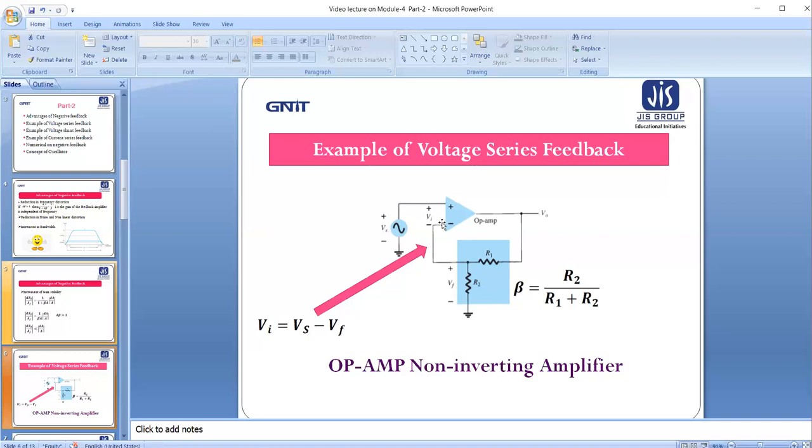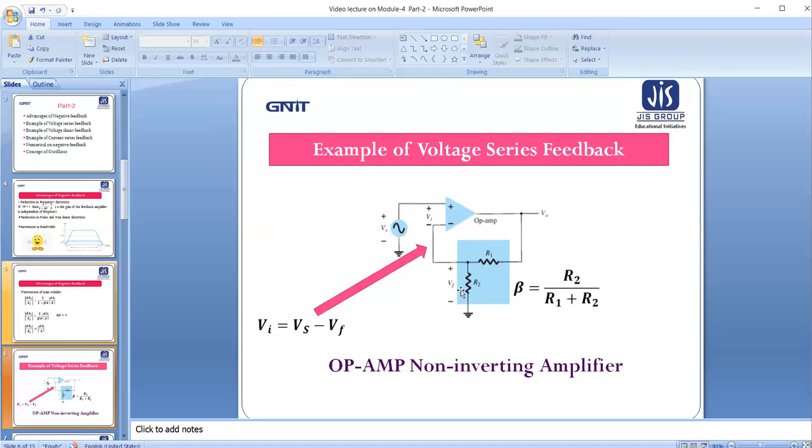the op-amp, whereas the V naught polarity is plus, so it will be divided by this potential divider to generate the feedback voltage whose polarity will be plus. So this plus is connected to the negative of the differential voltage. That means within this portion, it will develop a negative voltage series mechanism. So I have written Vi equals Vs minus Vf, or we can say Vs equals Vi plus Vf, whatever it may be. So it follows the voltage series mechanism.